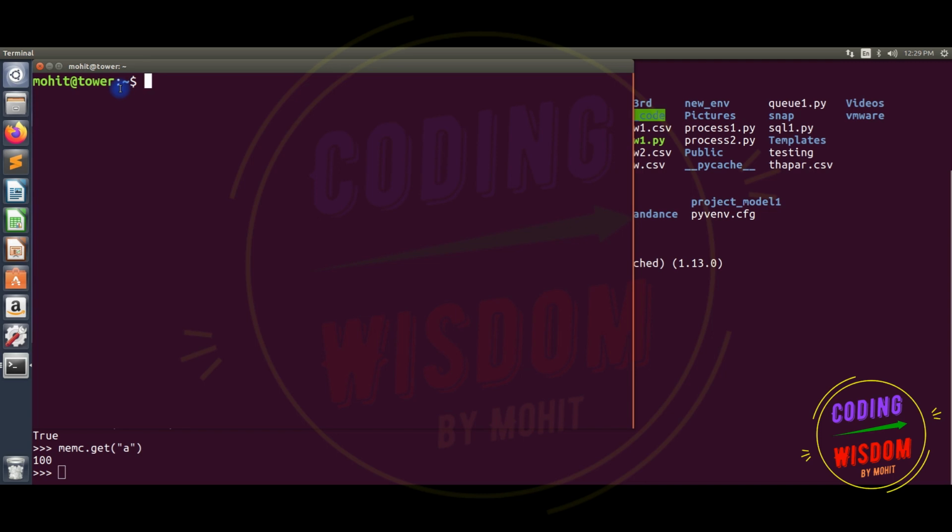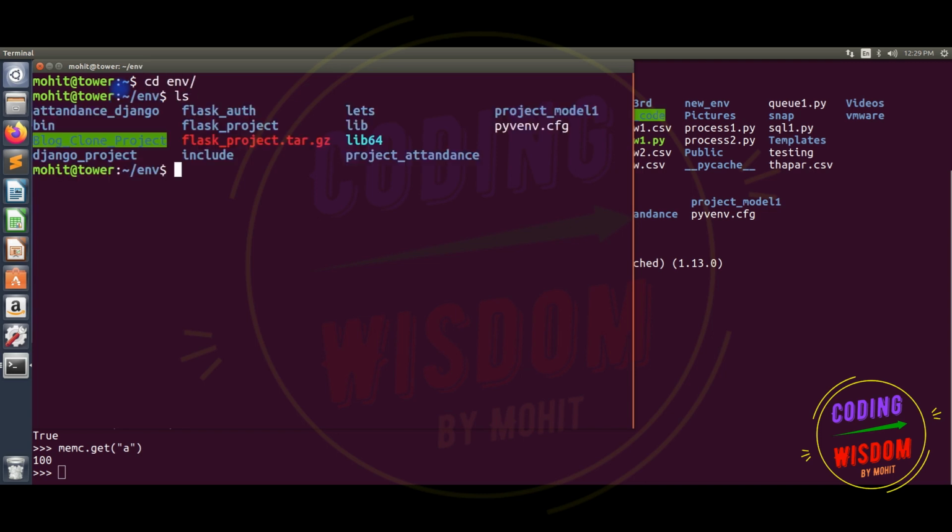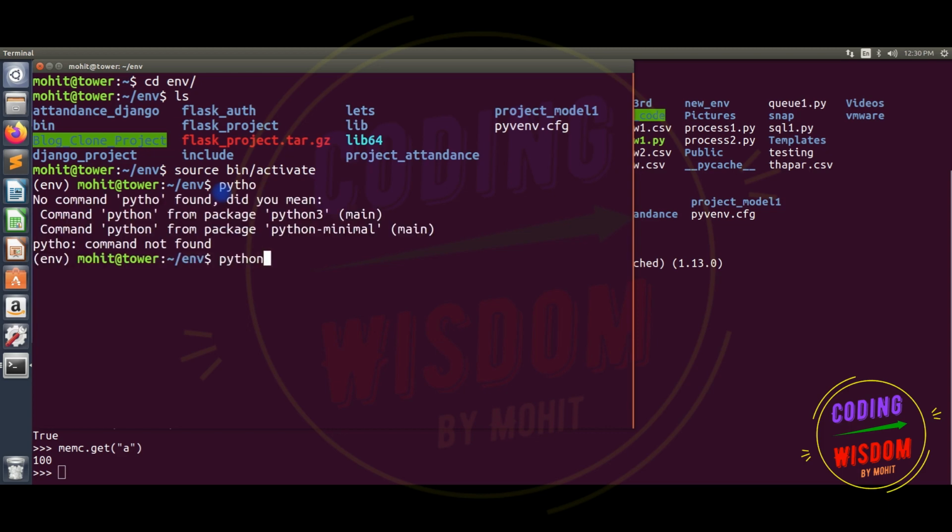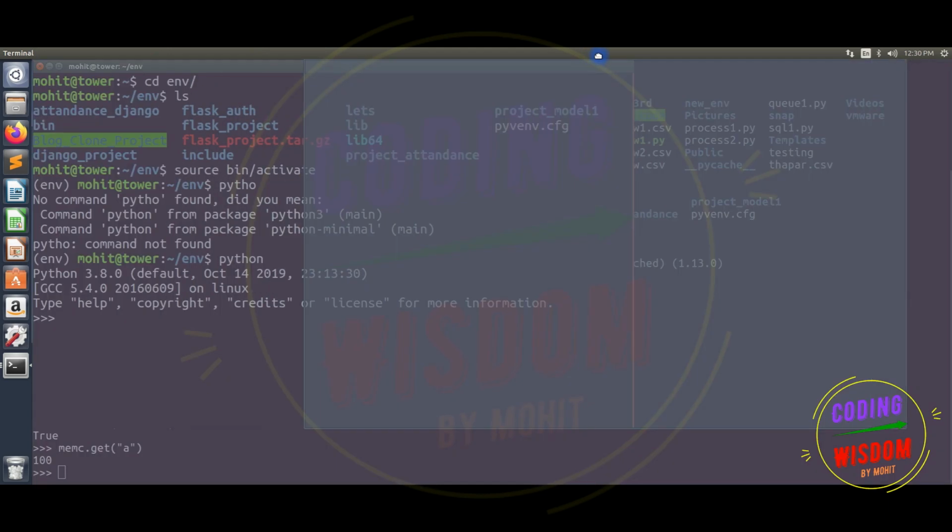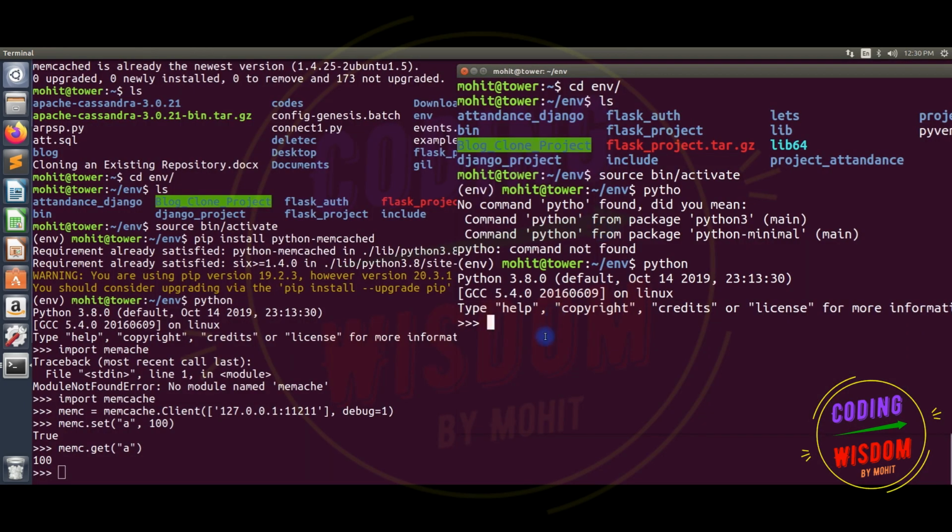Control sudo, sorry. cd env, and here flask, source bin activate, python. Import memcache.